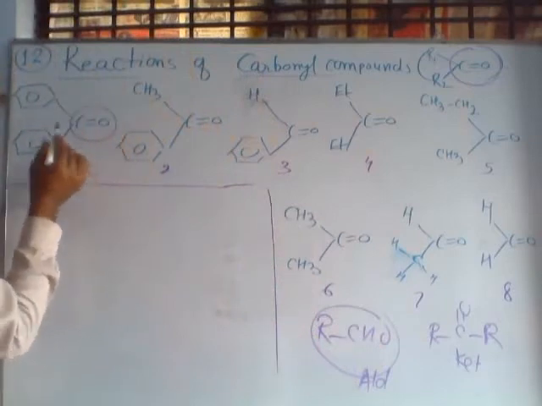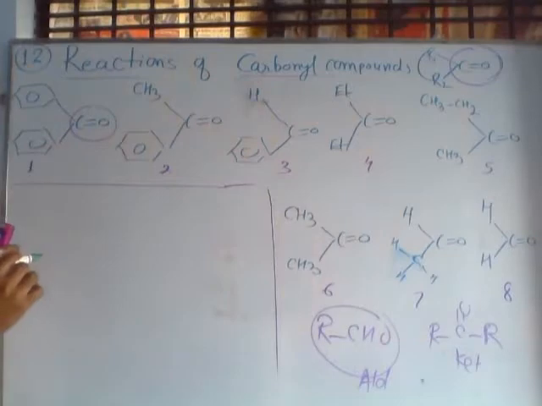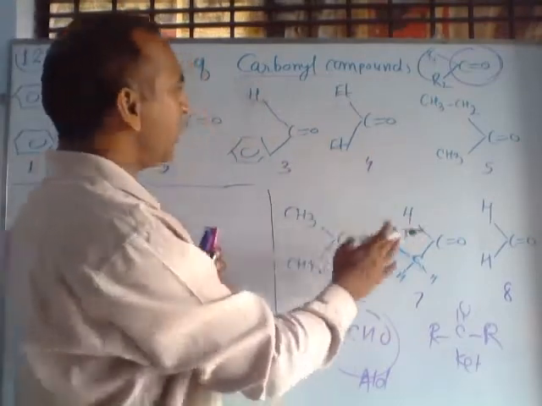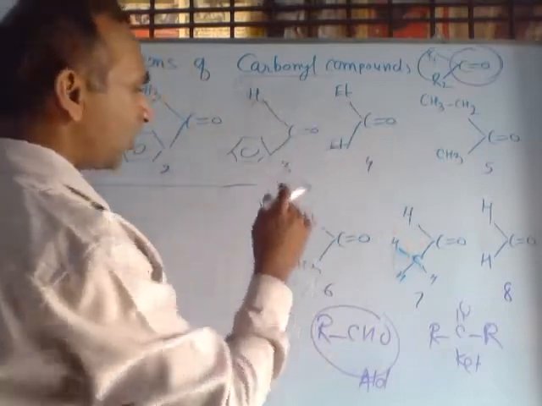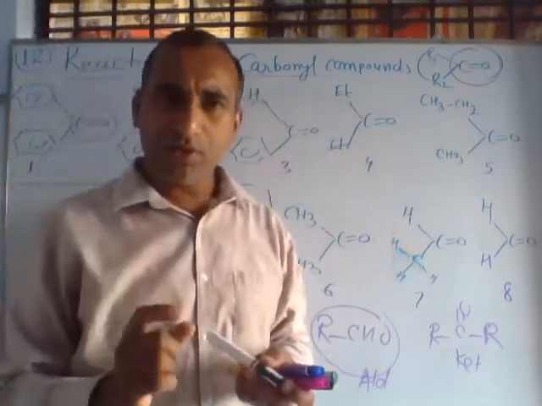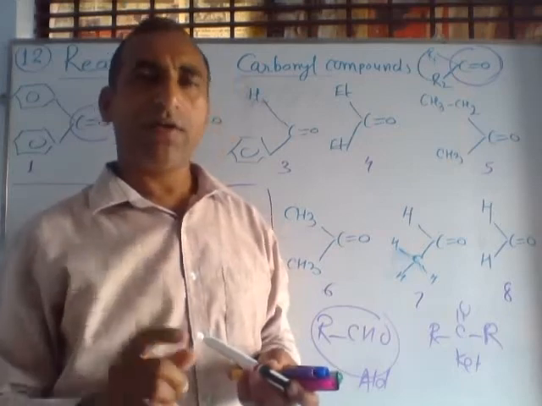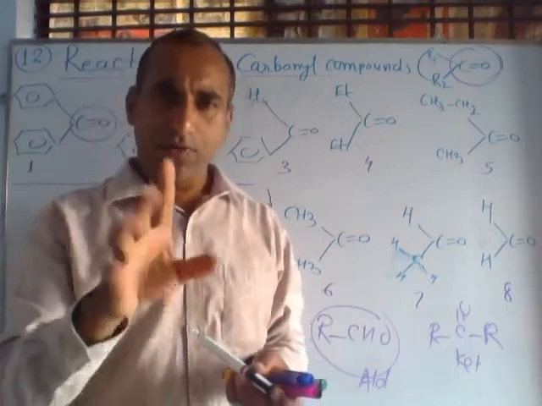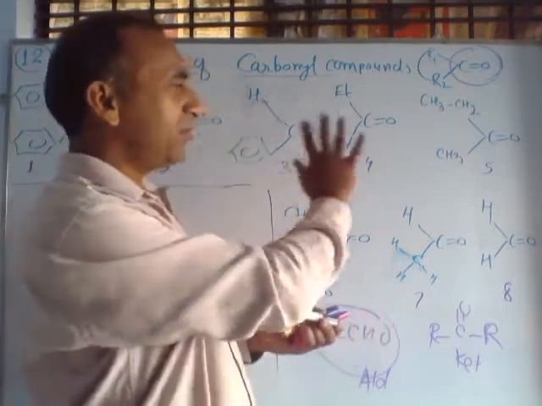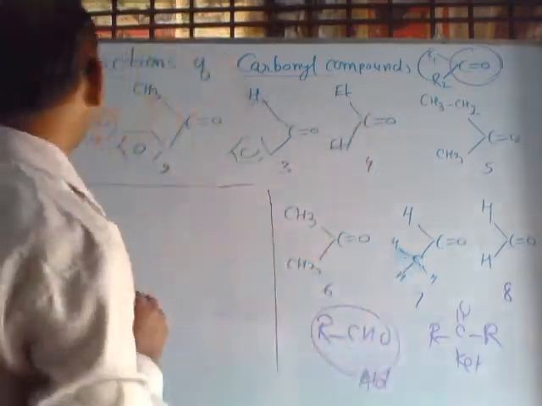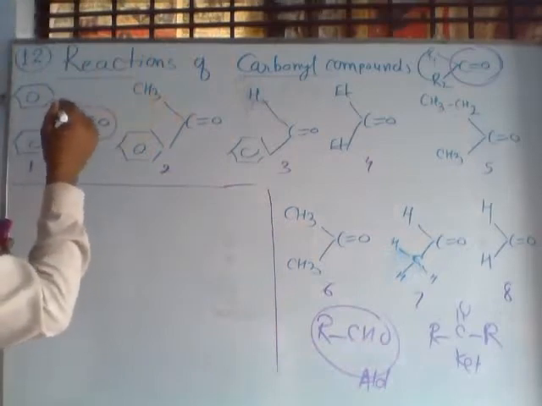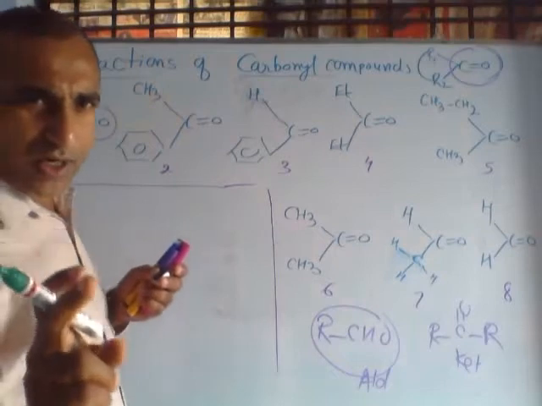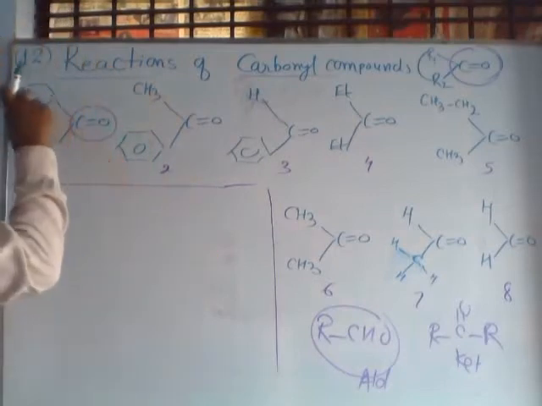And in this carbonyl compound, two benzene rings are connected. So, speedily you can distinguish out of all these compounds which compound is ketone and which compound is aldehyde. And their names are of two types: general name and IUPAC name. First, we will discuss all these compounds with their general name. This compound is generally called diphenyl ketone.